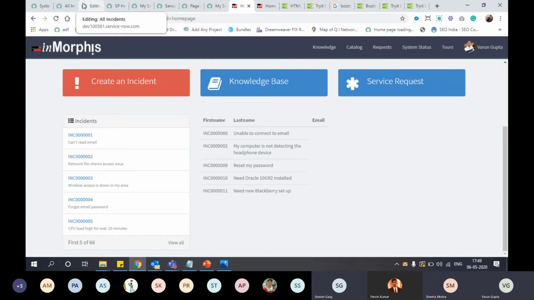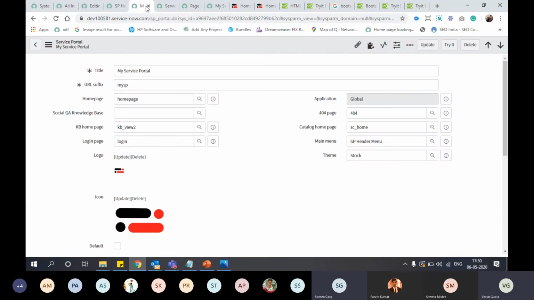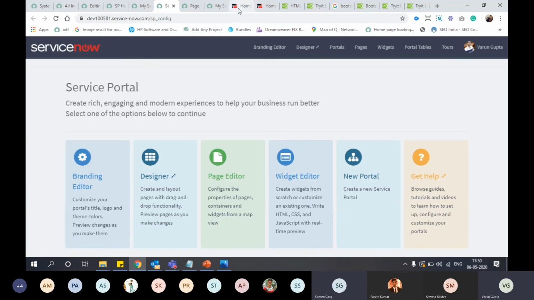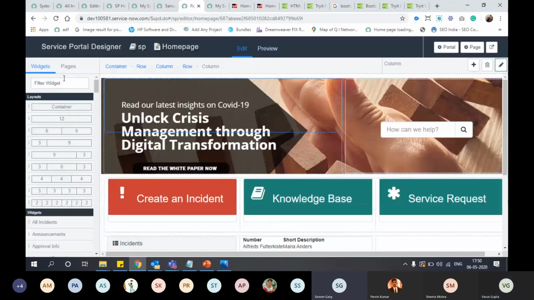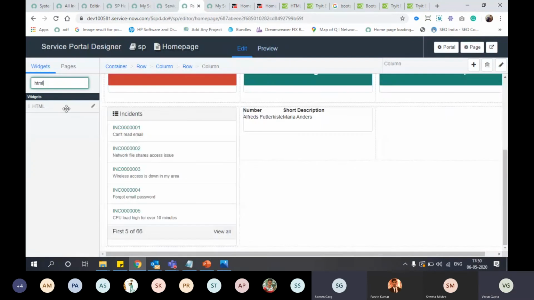Varun, Somin this side. Yes, Somin. Actually I was using that HTML widget. I was placing the name in it, but I was not able to do that. Can you show me where I can place that name in the HTML widget? Whenever I put the name in the title or display, it is not getting displayed.